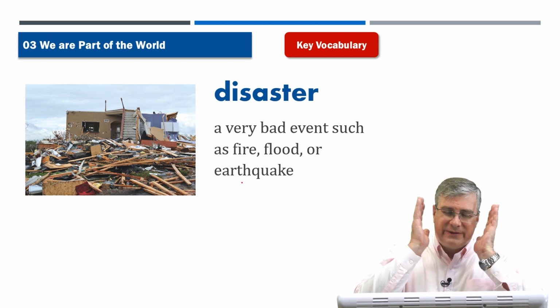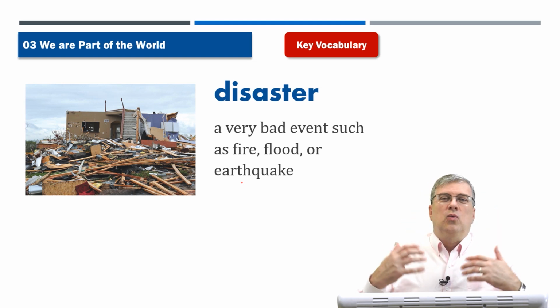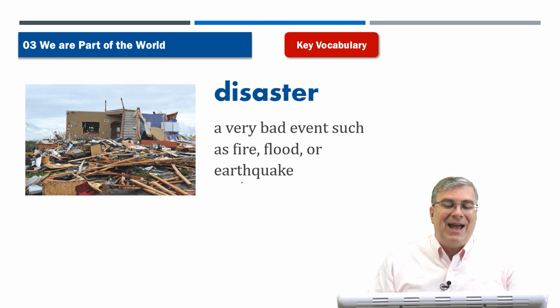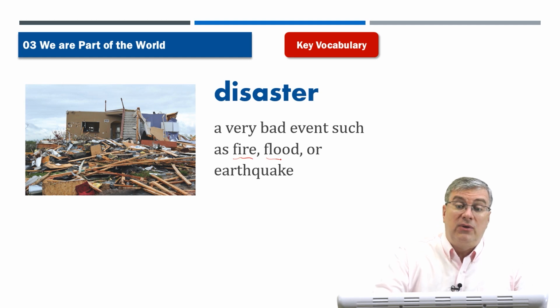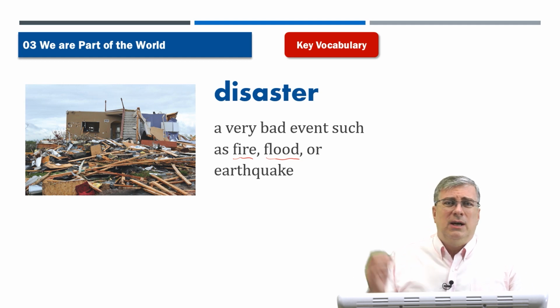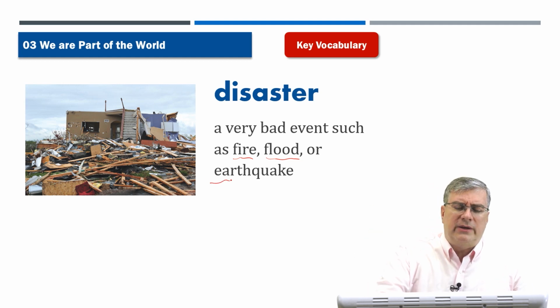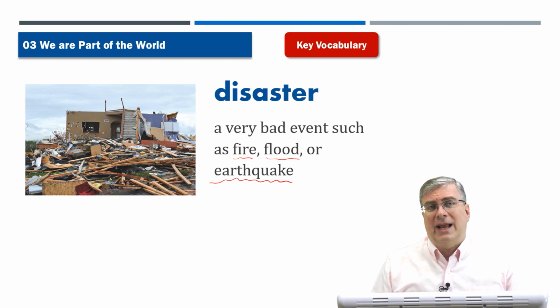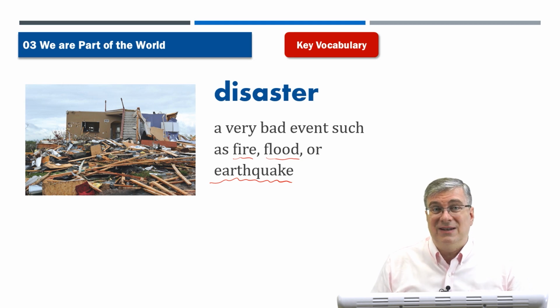Disaster. A disaster, oh, it's terrible. A disaster is something really bad. It's a very bad event. What are types of disasters? Well, fires, like a big fire, a flood. We see sometimes in the news, certain parts of the world have terrible floods when it rains too much. Or earthquakes, very terrible events that happen, and usually many people lose their lives and many other people are injured or lose their homes or in danger because they have no food to eat after some type of disaster. So disasters are really bad events.